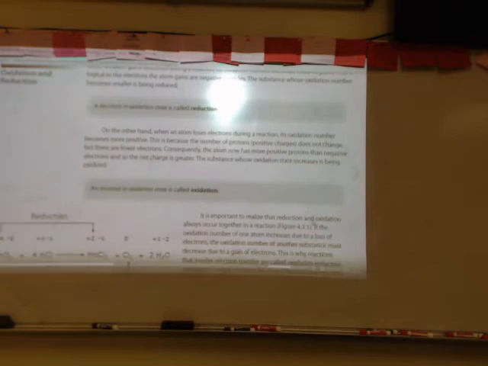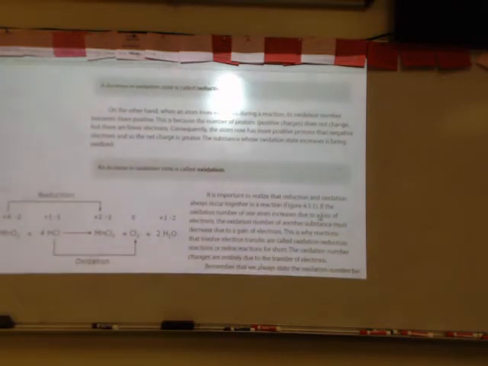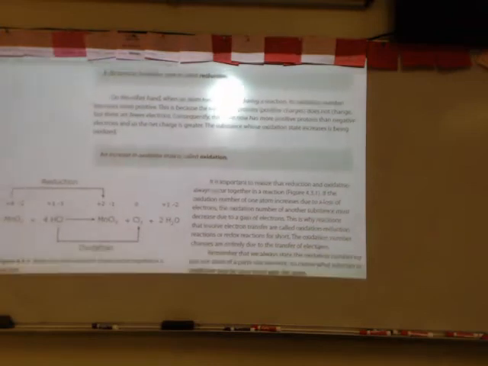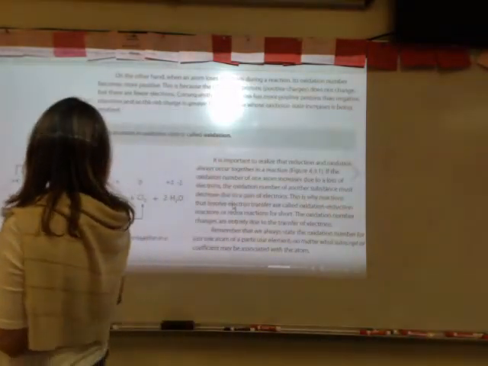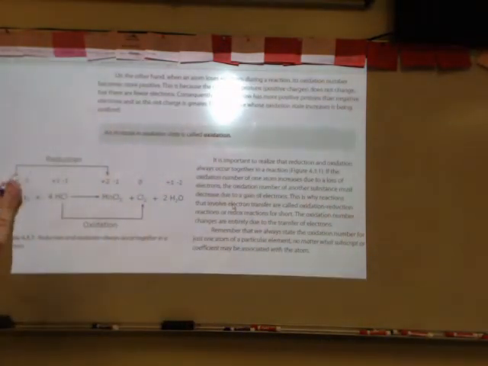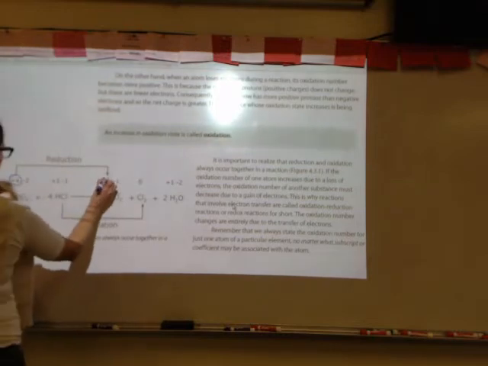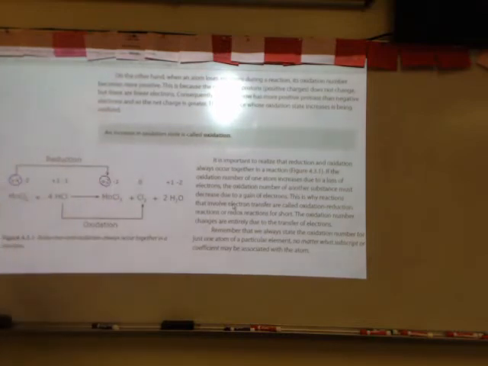And when an atom loses electrons, its oxidation number becomes more positive, and that means it is being oxidized. So if we take a look at this example down here, you will notice manganese has an oxidation of +4, and then it goes to an oxidation number of +2. So in this case, it is gaining